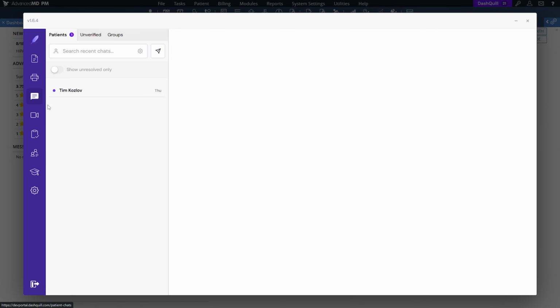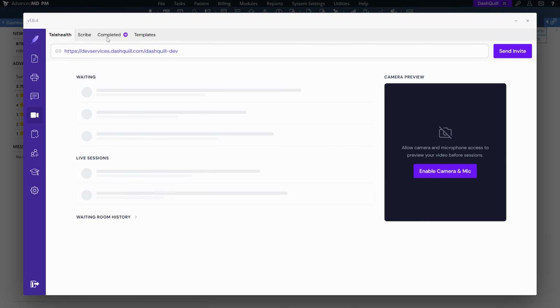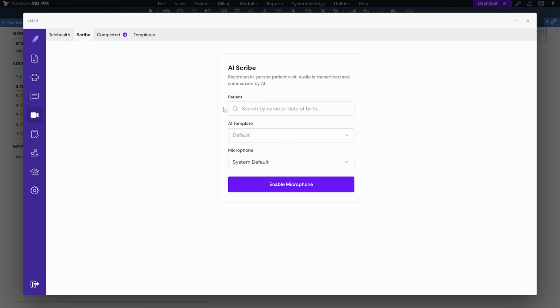For messaging, the main thing that it does is it automatically syncs the contacts. So what that means for you is you're not manually creating all these contacts for your patients, and instead it automatically syncs. For telehealth, the way that this works is you're actually able to search for a patient, start the